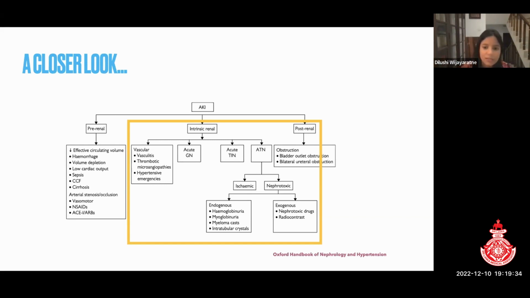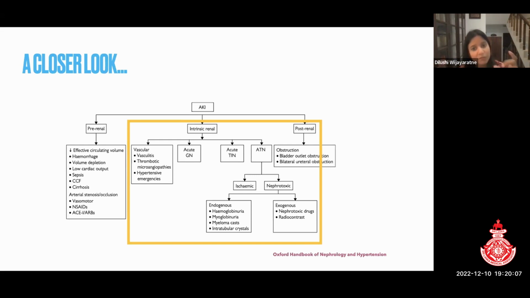So that is ATN. And then, of course, acute tubular interstitial nephritis is another entity. Again, you can have tubular interstitial inflammation as opposed to injury or necrosis, which is often due to drugs, but can occur due to infections like leptospirosis, or can occur in certain autoimmune diseases, and again can occur with certain crystal depositions. Okay. So whenever you have a patient with acute kidney injury, you have to consider all of these